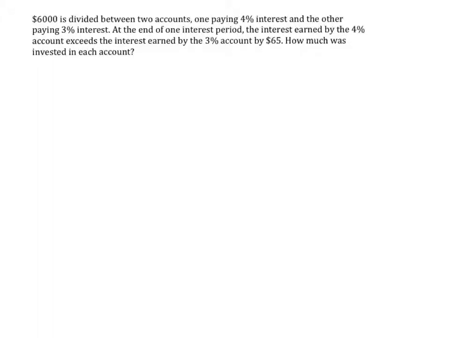In this problem, we are looking at the formula principal times rate times time equals interest. With this equation then, I know that I will be looking to define two variables and set up two equations. The two variables are the amount of principal that I have put into the 4% interest account and into the 3% interest account. So I'm going to say that x